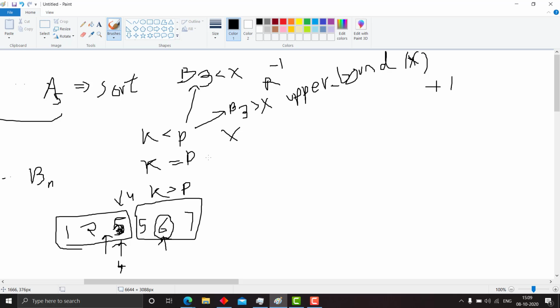Now take the next case, k equals p. This will be just a superposition. If b3 is equal to x, we output 0. If b3 is less than x, then we use this case. Here there will be two cases,